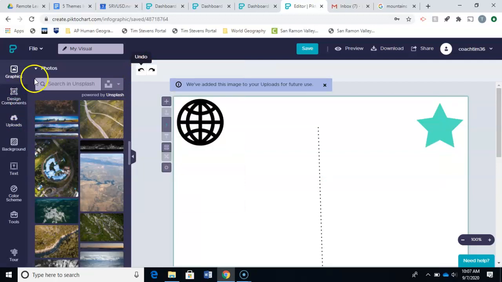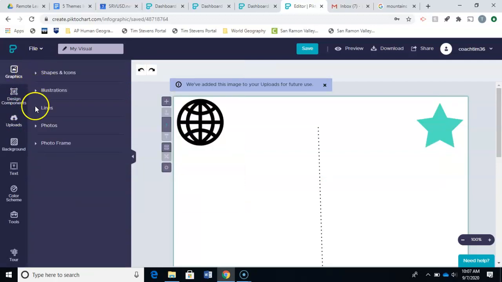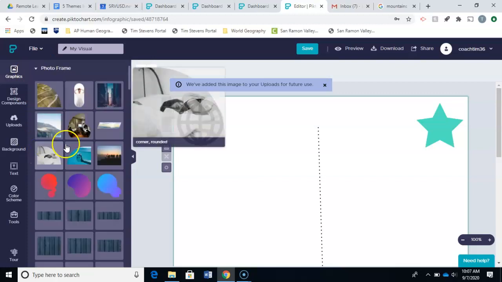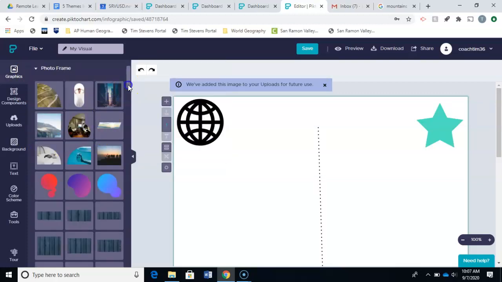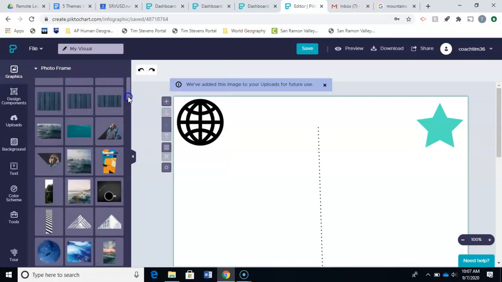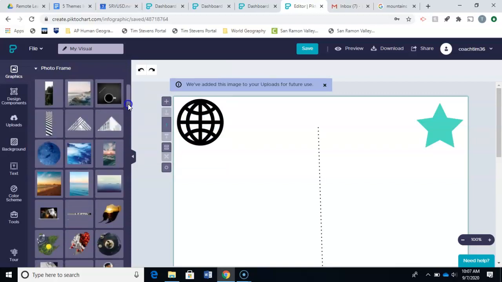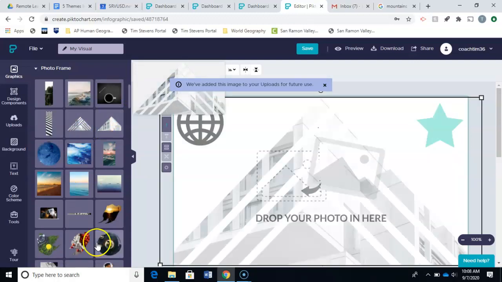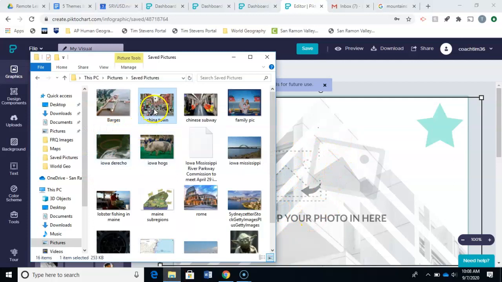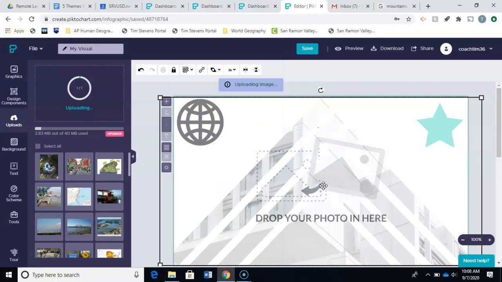Now if you don't want to do that, maybe you want to put one of your own pictures in there, and you want it to have a funky shape, or maybe a funky background. For example, let's say you're going to put this in your background. What you could do is use a photo maybe you've downloaded, or maybe it's a photo you've taken yourself, who knows. I'm going to take this picture of Chinatown, and I'm going to pull it and drag it into the frame,